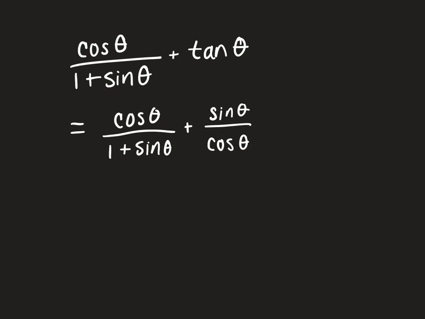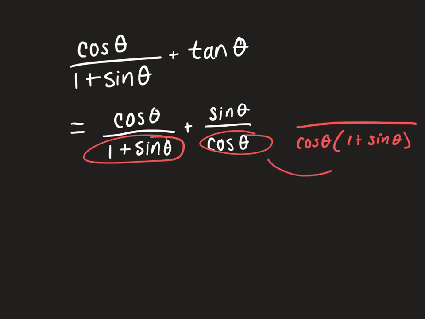And then do you have to do that special thing? What special thing? Get the common denominator? Mm-hmm. Yes. So the common denominator would be what? You multiply by cosine. Yeah, so it would just be cosine theta times 1 plus sine theta. And I wouldn't distribute it through, I would just leave it like that. Wait, what? I'm multiplying my two denominators together to get this. So why does cosine have to go first? No, I just like to write stuff first because